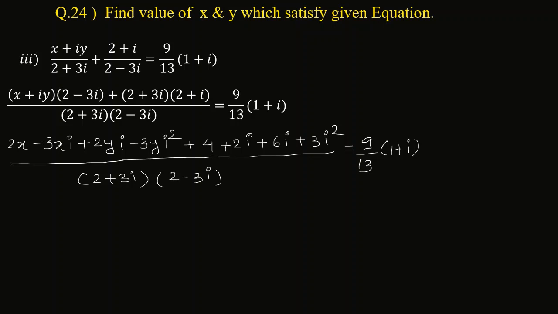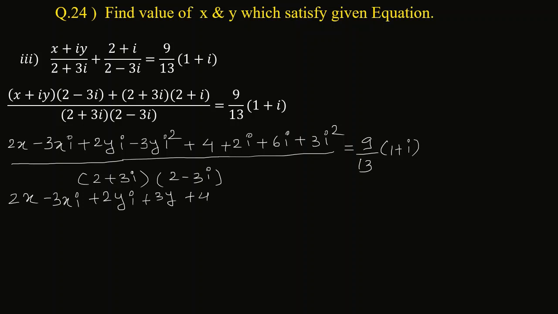Now if we check in the numerator, जहां पे भी आपको i square दिखेगा उस टर्म का साइन सिंपली चेंज कर दो, because i square का वैल्यू -1 होता है. So let's simplify and then we think about the denominator. So we will write 2x minus 3x साथ में i plus 2y with this i, and now this minus 3y, but because of i square this minus becomes plus.